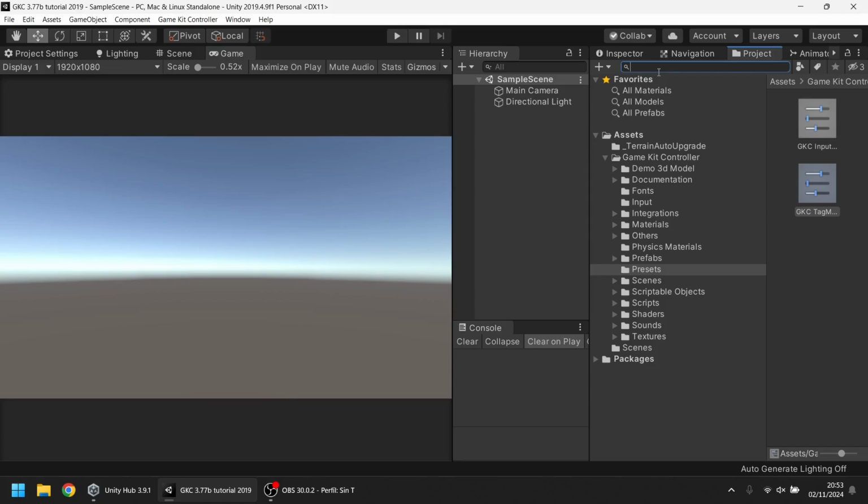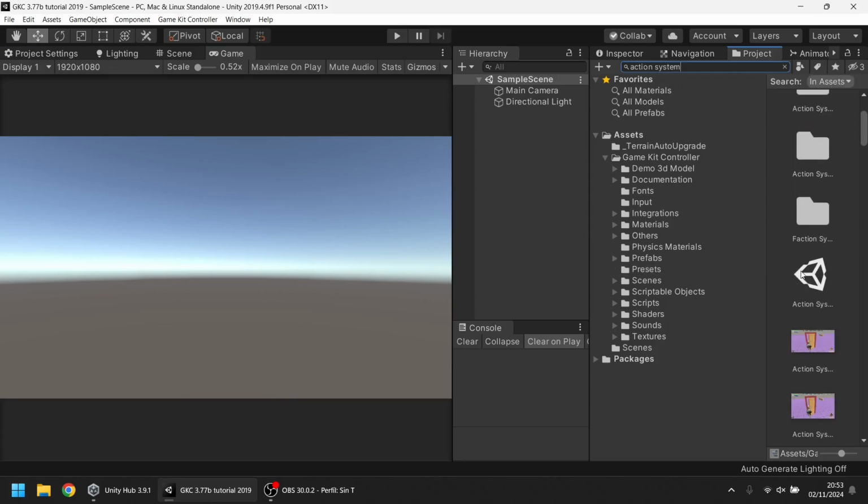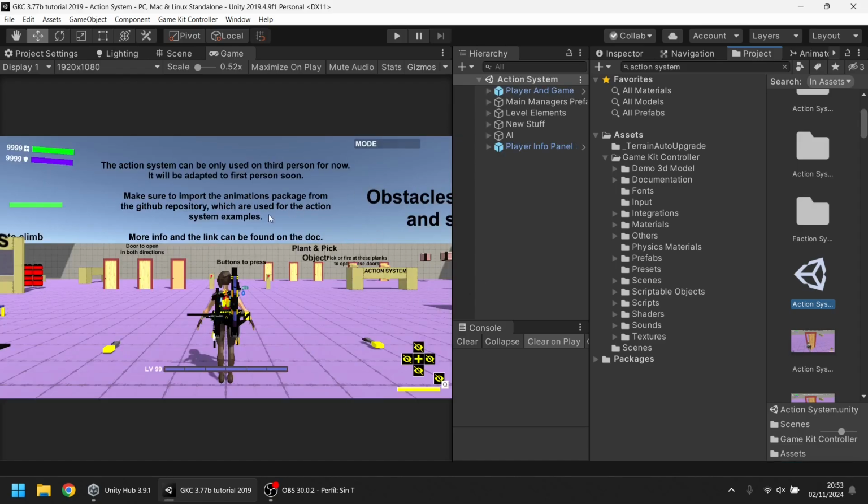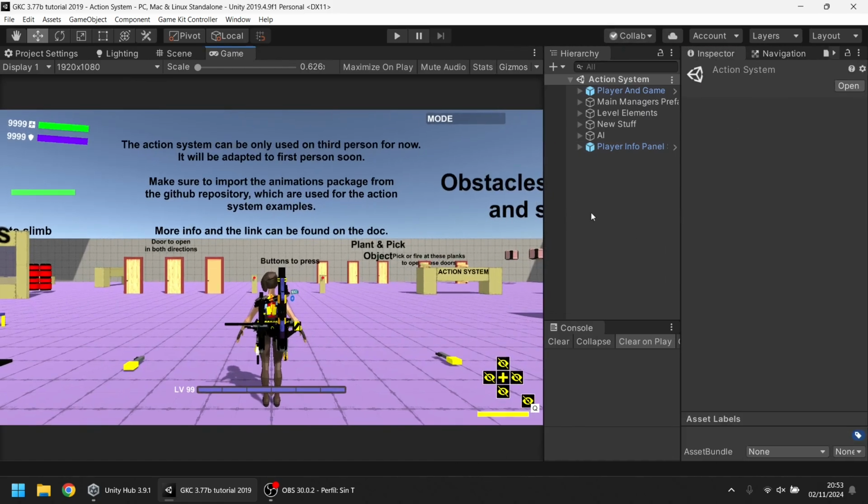Okay, so now you can open any scene. In this case I'm going to use this one. Also the asset will work with any render pipeline. In this case it's using the default one, but if you are using URP or HDRP, you are just going to do the process to convert the materials of the project to that pipeline, which is simple and easy. I will talk about that in another video.